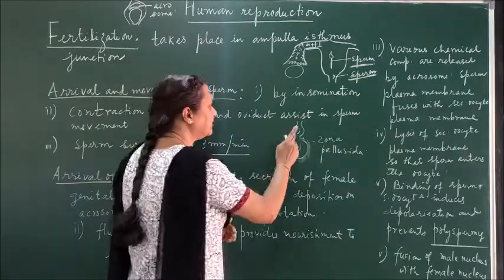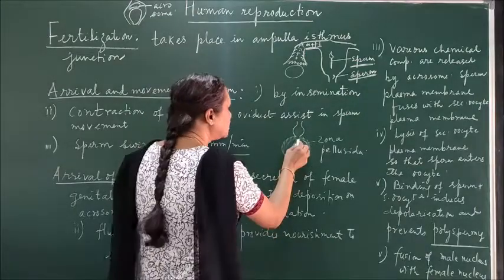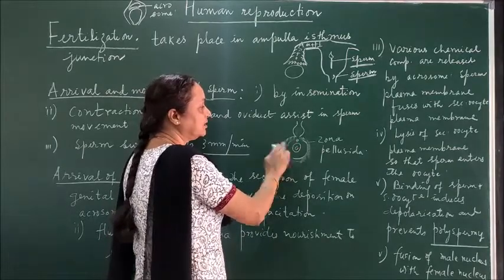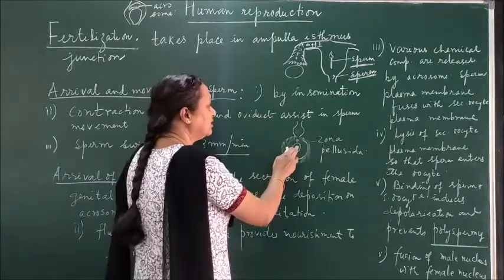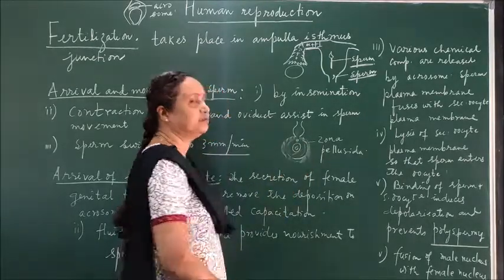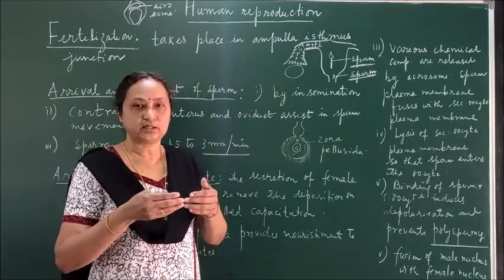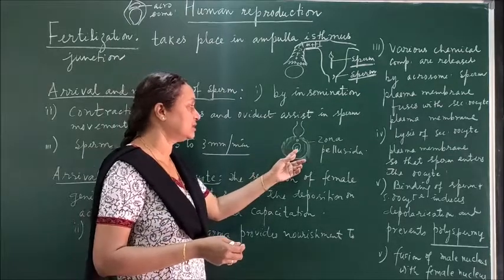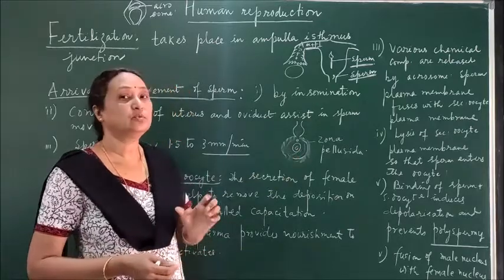So ultimately this haploid nucleus which is there in the head will enter inside the ovum. The ovum is also having a haploid nucleus, and the sperm head is also having a haploid nucleus. Now inside the cytoplasm of the ovum you can find both the male and the female gamete haploid nuclei present, so that they can fuse together. But before the fusion, I told you this is actually not a complete ovum. Now this is called a secondary oocyte.